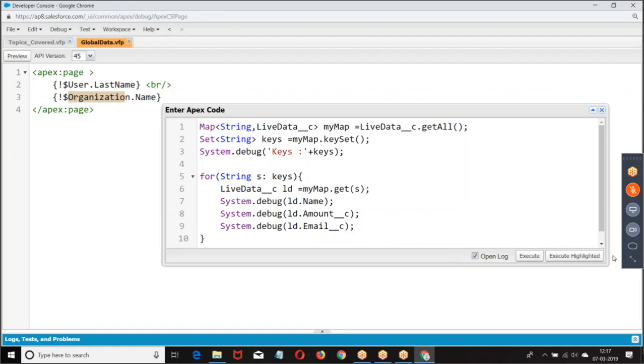How many types of custom settings do we have? Two types: list custom setting and hierarchical custom setting. List is for storing a group of records. Hierarchical is for storing data based on different users or different profiles. Different sets of values are stored for different users or profiles. Where can we use it? We can use the hierarchical custom setting in triggers or in validations. I hope you are good with this.